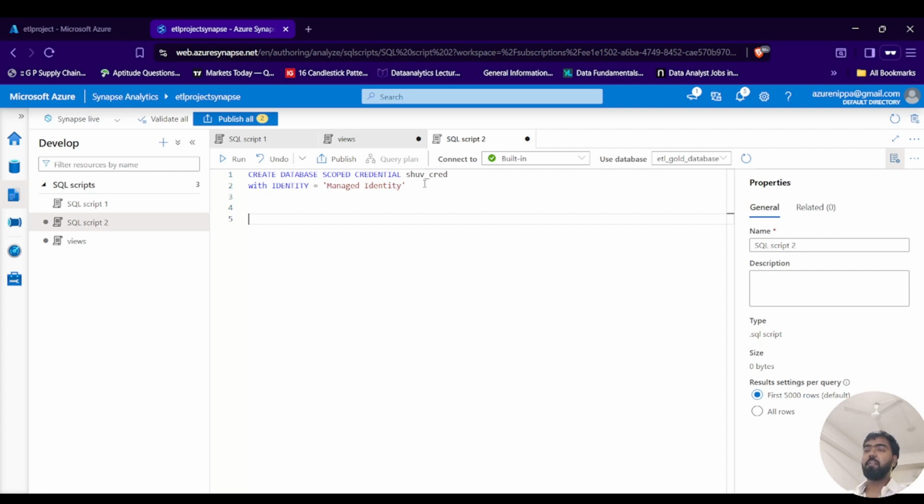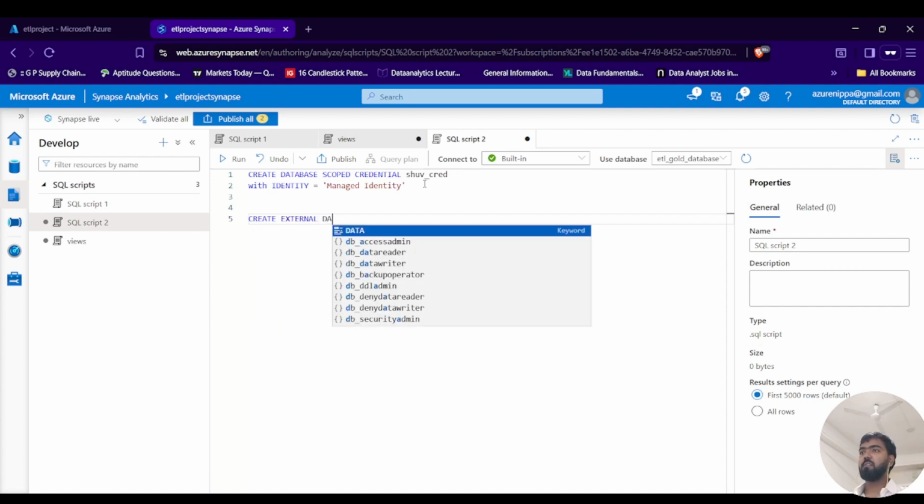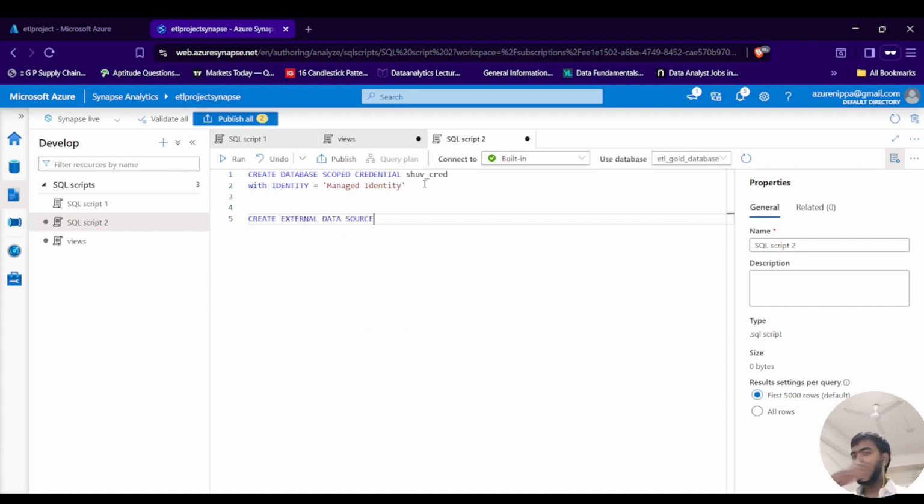So now that our identity is created, next we will create an external data source. To create an external data source, just write create external data source. We'll give the name, source underscore silver, with location equal to